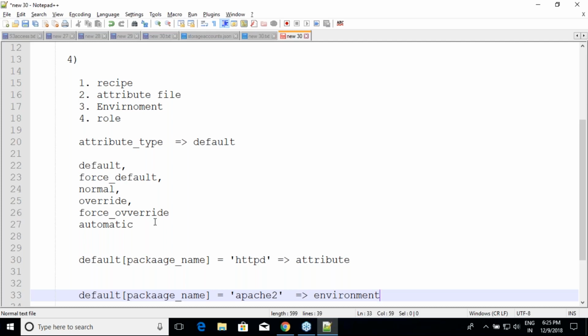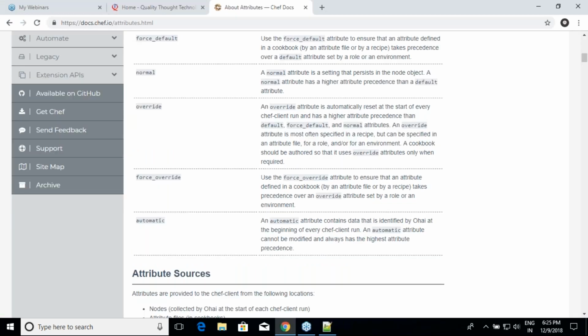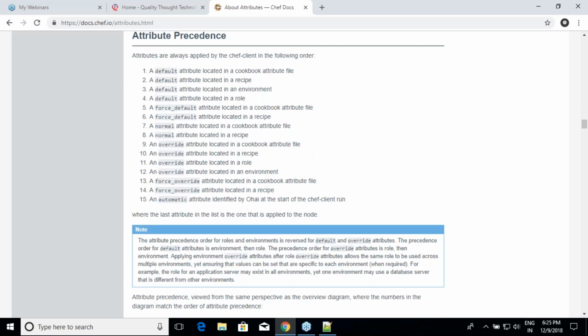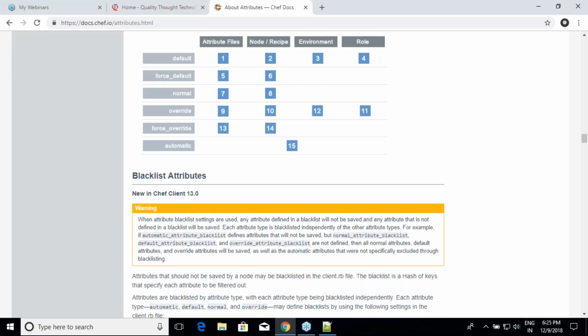For that, what Chef tells is, I strictly have some sort of a table over here. Are you seeing some numbers around? So if you have an attribute file, and in that you have written default, what is the weight for it? 1. And if you define the attribute value in a recipe file, its weight is 2. Whenever you have 2 variables with the same name, whatever is the larger value will win, right? If it is in the environment, the value is 3. If it is in the role, the value is 4. And are you seeing weights?